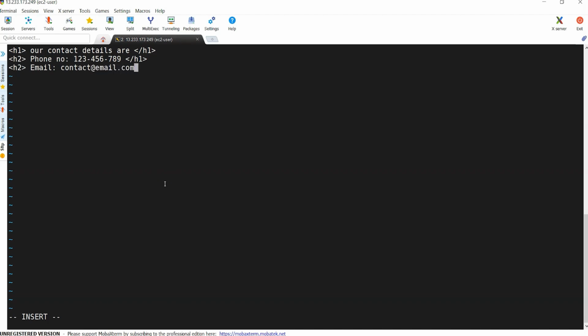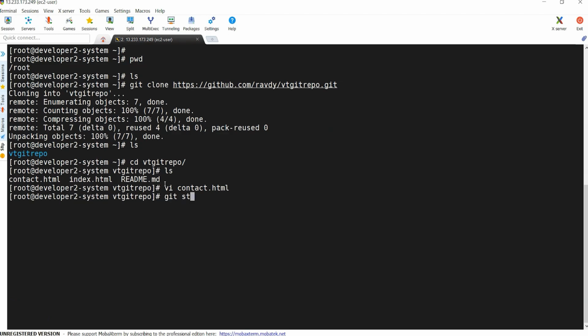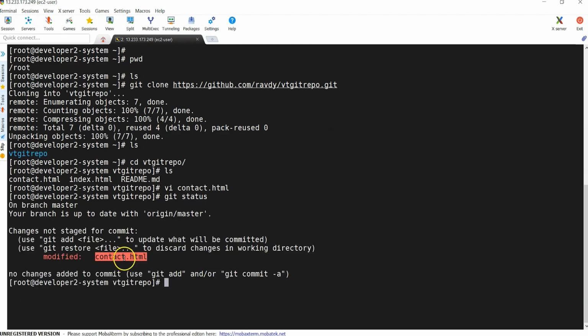Okay, I'm giving some random name. So h2, that's it. We have updated our code and let's save this file. Now if I see git status, you can see one file has been modified in our local system and that is also available in the working directory. We need to add this one to our